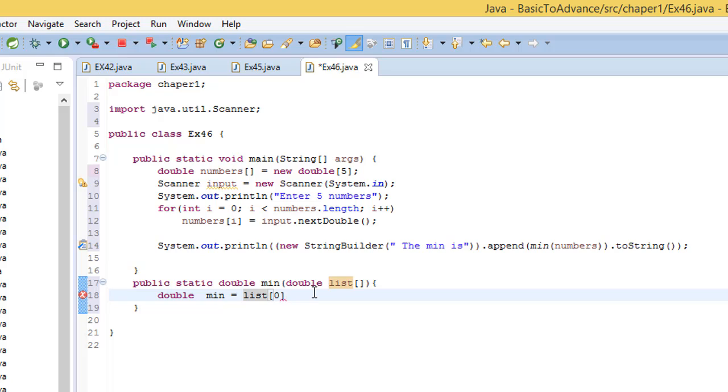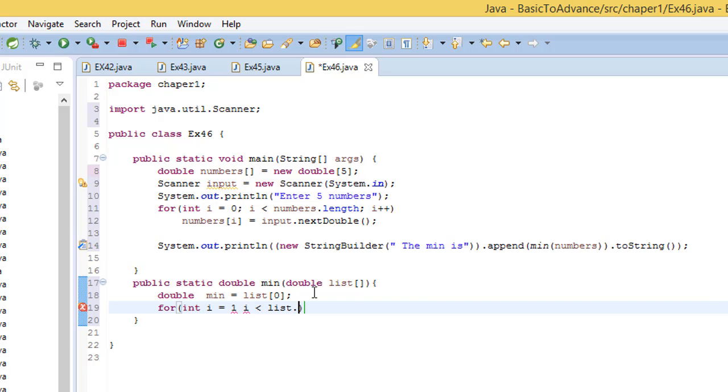Okay, and then let's use a for loop, and this time I'm going to use int i equal to 1. I want to start from 1, and then I'm going to say i is less than list dot length. Okay, and then i plus plus,